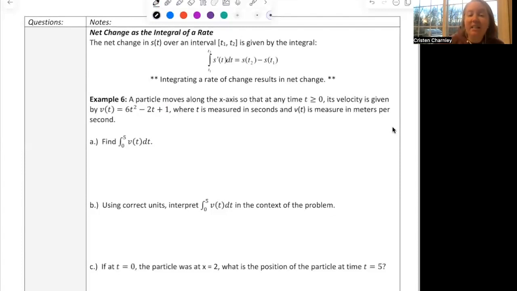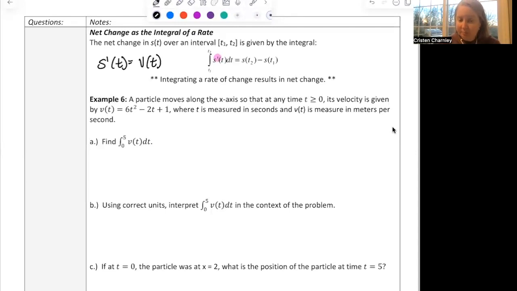The net change in s of t, position, over an interval t1 to t2 is given by the following integral. Don't lose sight of this: this is s prime, and s prime is the same thing as velocity. So if I integrate that velocity, I wind up with position at time 2 minus position at time 1. That is the change in position. It won't tell you exactly where it was unless you have a starting location,